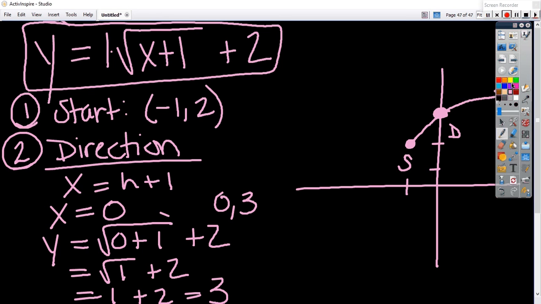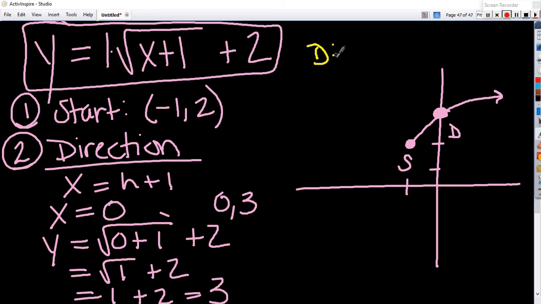What's the domain? -1, infinity. Good job. -1. Bracket though, right? This time it's a bracket. Because,